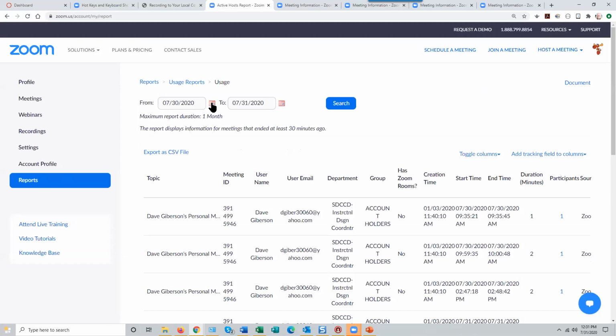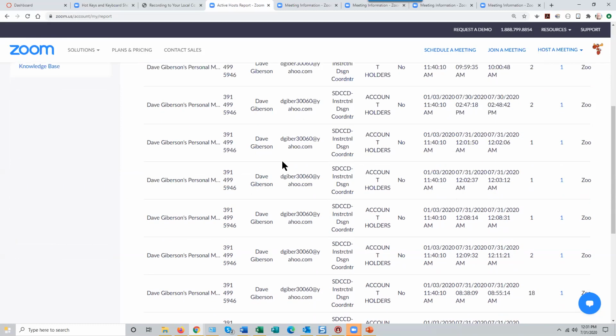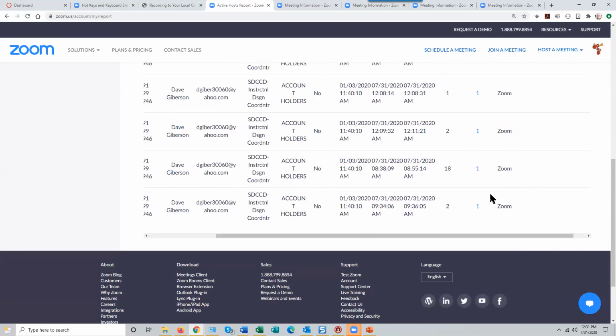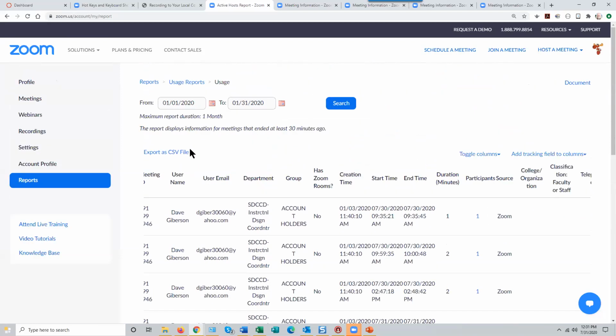And then I chose the time frame over which I wanted to look at meeting attendance. Okay. That's up to a month at a time, but you're not limited to the last month. I could have gone back to the beginning of the year. But I can just do a month at a time. Or a day. And it'll let me do as much as a month at a time. And then I can go back and get those attendances. That's great. Thank you. Oh, and to move between pages, because there were,